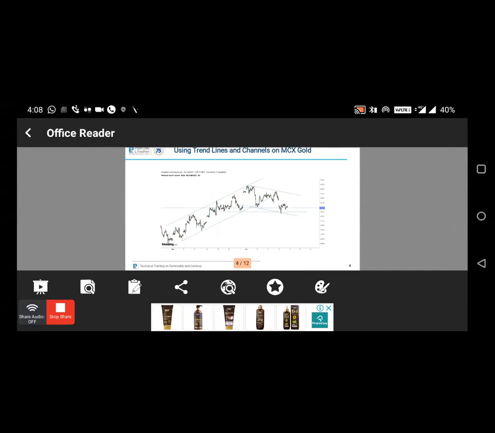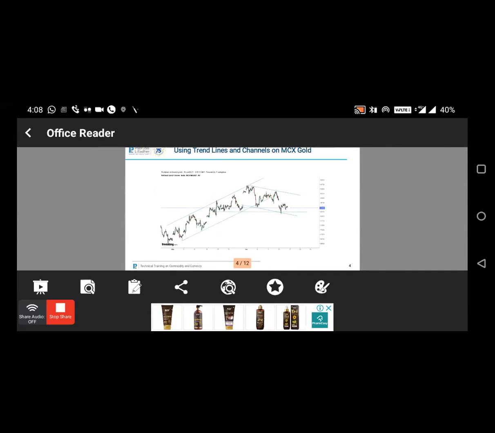If you see, the prior trend of the gold was positive. If you see that there is a higher and higher low, so I have drawn a trend line which is going up. Following that, I have placed a trend line, copied the trend line and joined the tops of the rising market. So that is a rising channel.